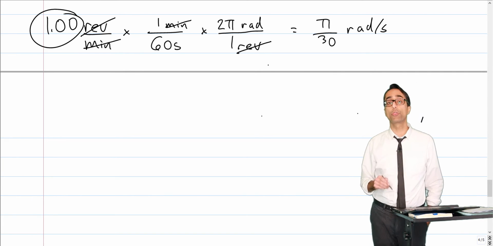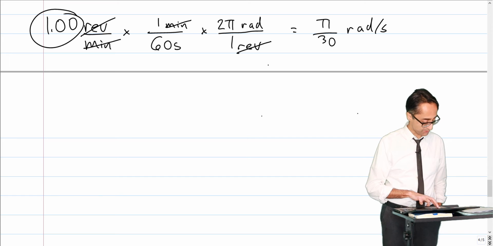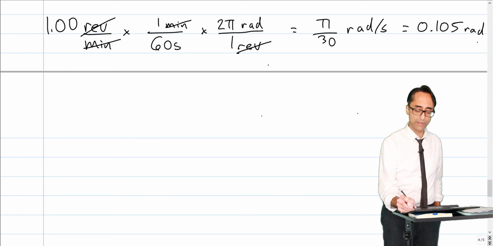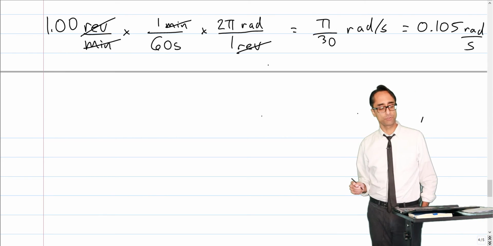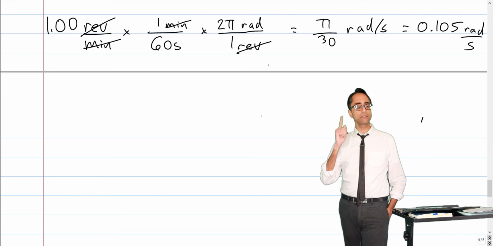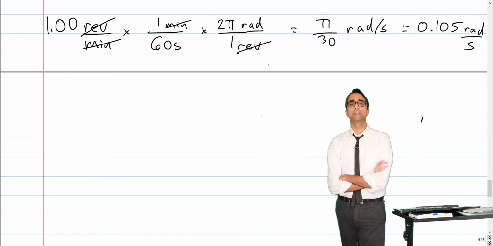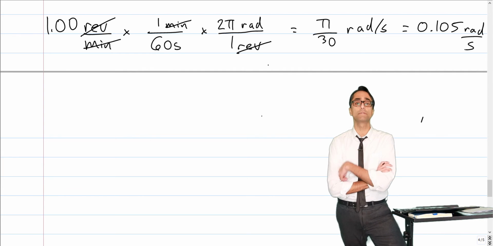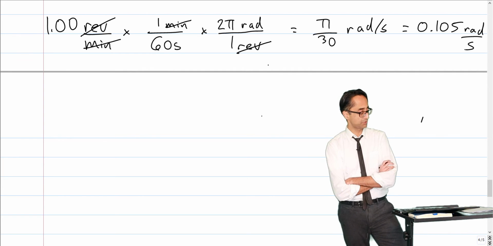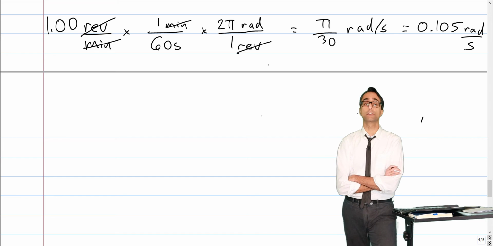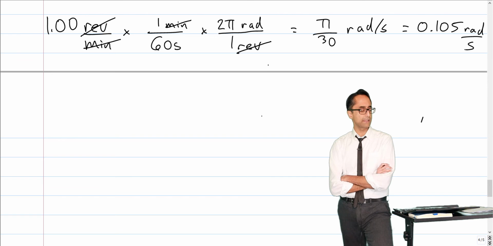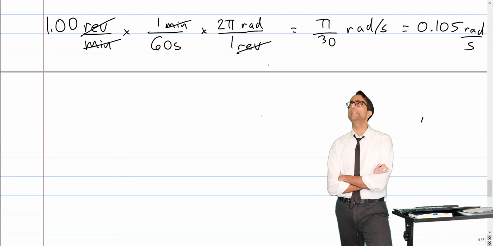This is given with 3 significant figures, and so your real value here should be 0.105 radians per second. So 1 RPM equals 0.105 radians per second. And there's more digits than that. It's not like a perfect conversion, but it's good enough for 3 significant figures. And so that's pretty easy for us, I think, to understand how the